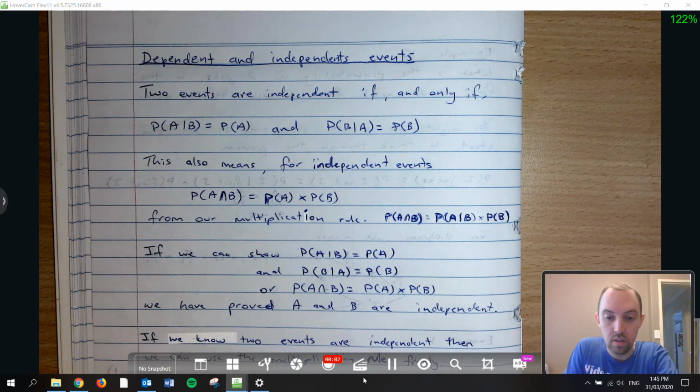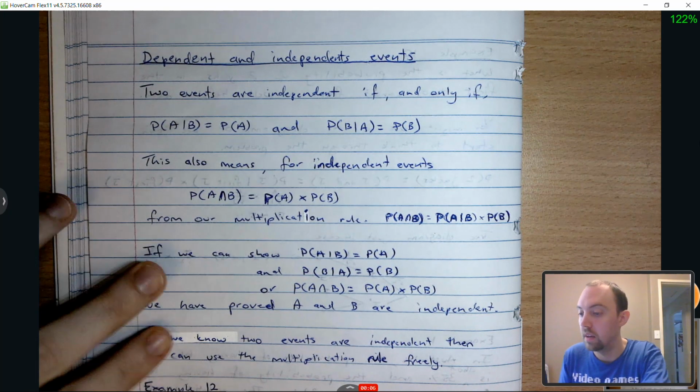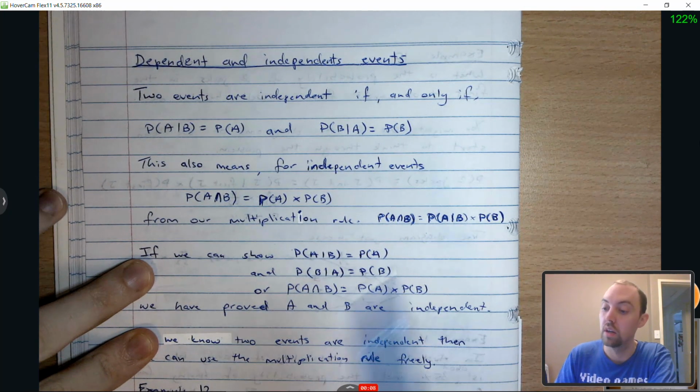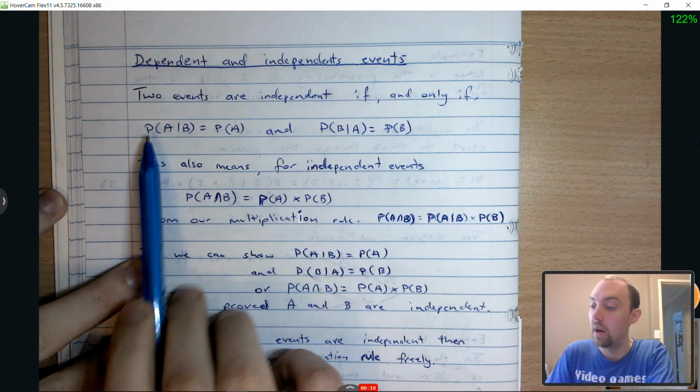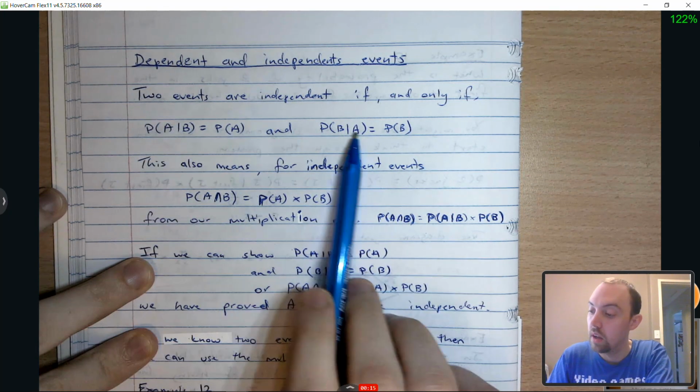Hey guys, today we're going to be looking at dependent and independent events. We briefly spoke about it last time when we were talking about conditional probability, but just a little bit more clearly,